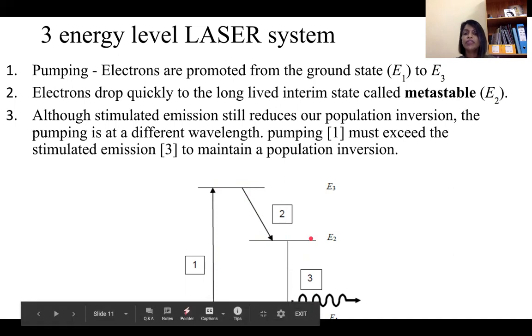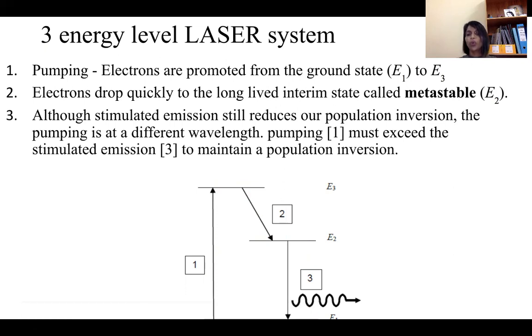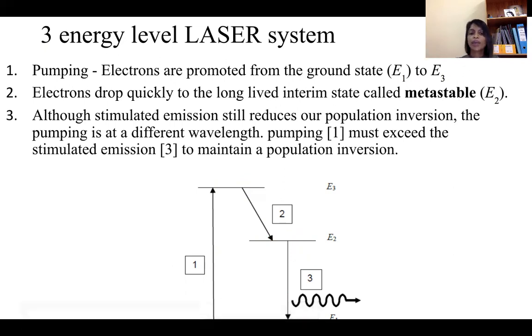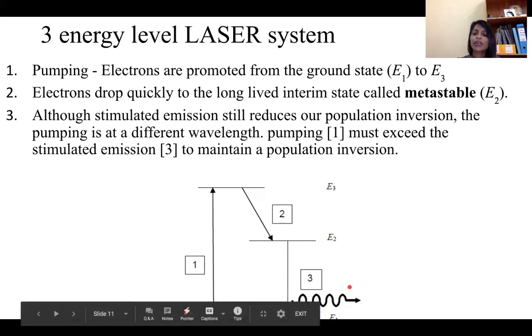They can live in E2 for a longer time, and the drop rate is relatively low. Therefore, we have more electrons accumulated in E2 and some will drop back to E1 by stimulated emission, or some will spontaneously drop back to E1. So thereby the lasing happens between E2 and E1, and we have E3 as the intermediate supporter